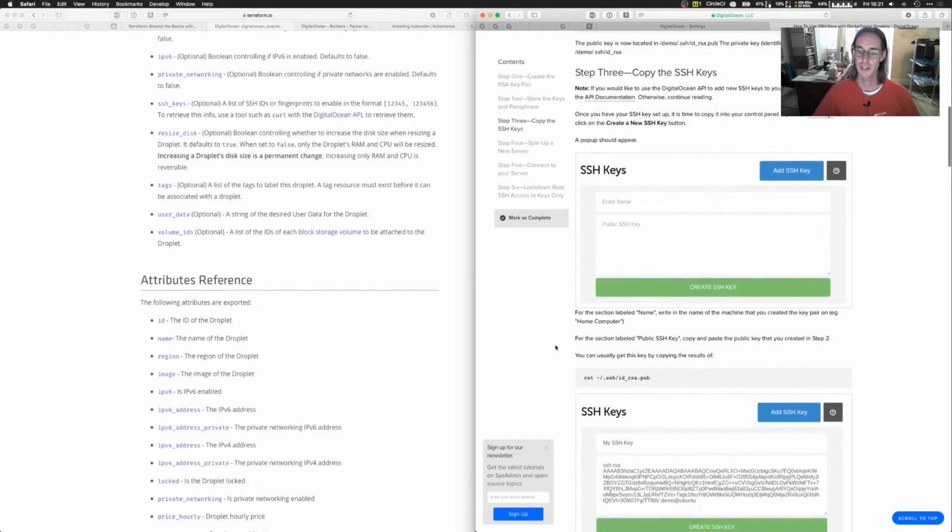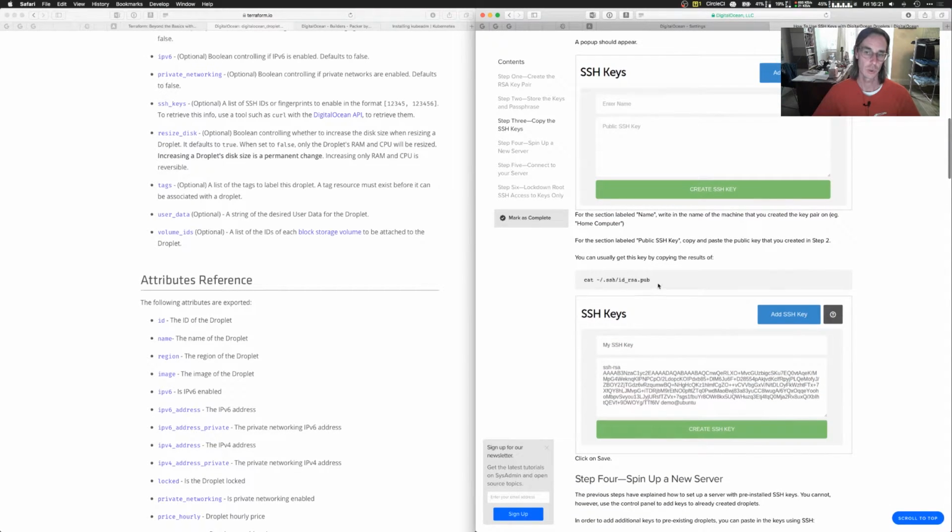So the SSH key that I'm going to add to DigitalOcean is obviously just my public part. The reason I couldn't find my private part and I was struggling before is because I store them on an external device. So let's add that public